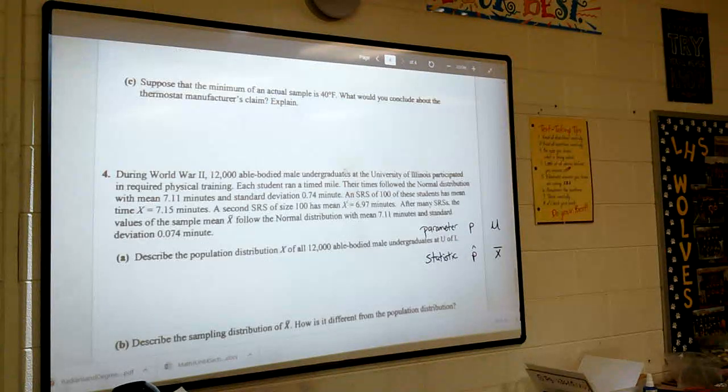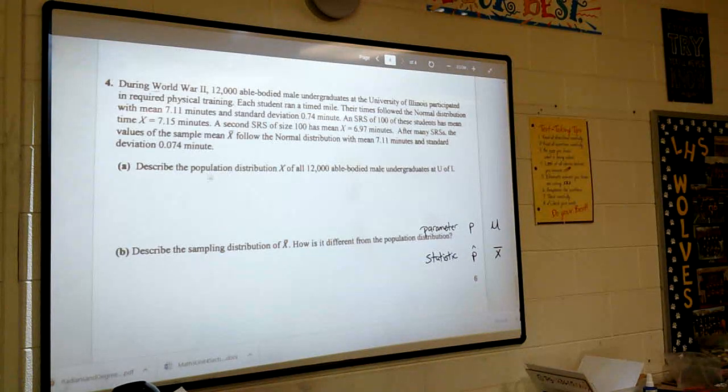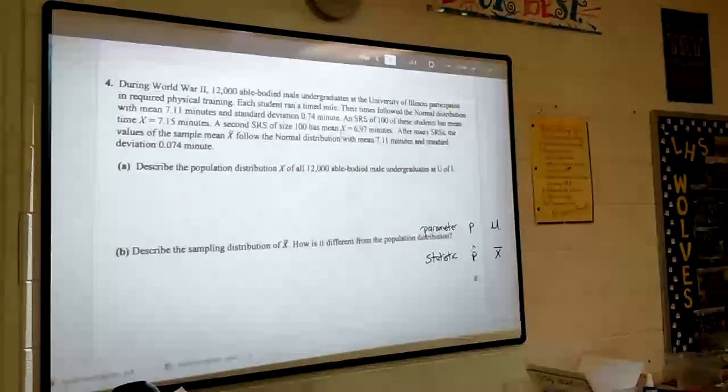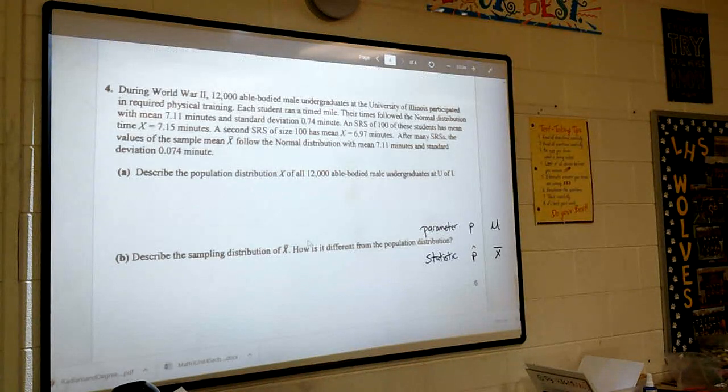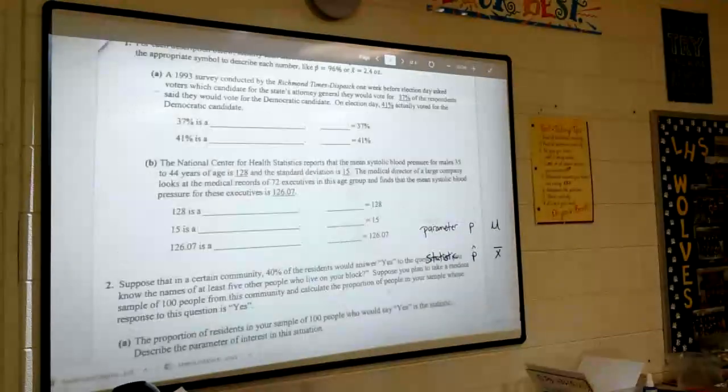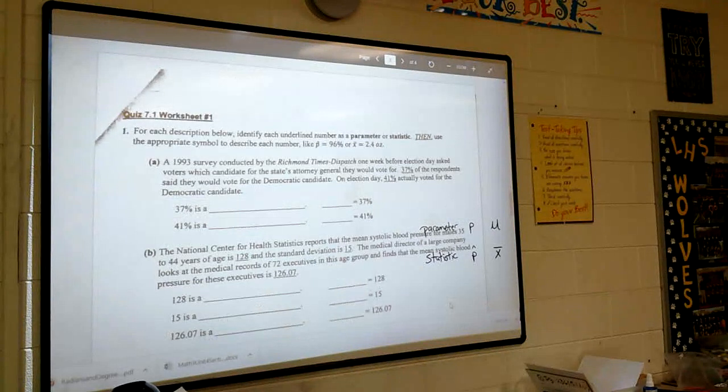Then down here it talks about describe the population distribution of all 12,000 male undergraduates. So what is the mean? What is the standard deviation? What does it look like? Describe the sampling distribution. How is it different from the population? So how is the sampling distribution different from the population distribution? That's what we're going through in these. There's 4 of these. So it's all about taking samples and trying to get